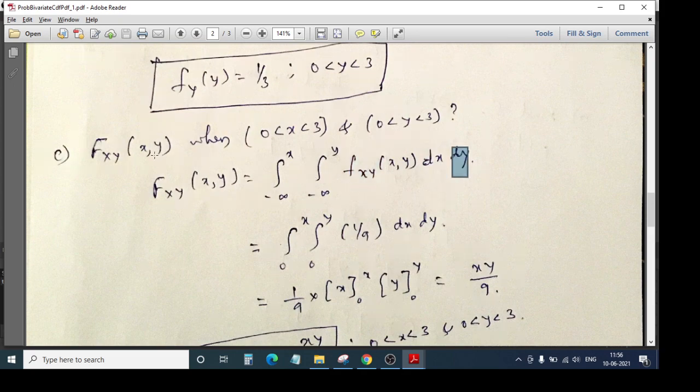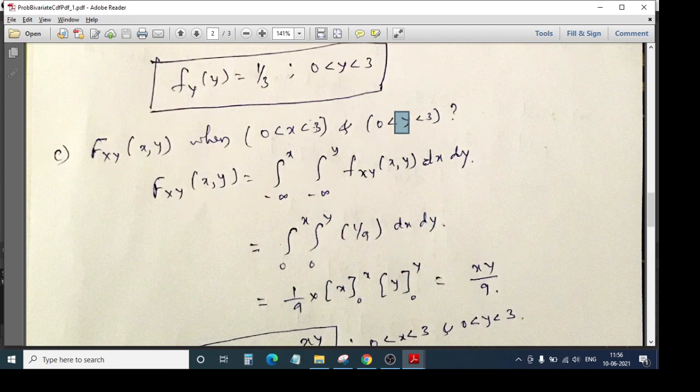So friends, we want to find the CDF in this range, that is x comma y, in between 0 to 3. So we actually don't know where in between this 0 to 3 my CDF point is. Therefore, the limits, please observe here, the lower limit is 0. Why? Because it is starting from 0, and the upper limit we have taken as x, not 3. Why? Because we are not sure where that point is. So whenever they ask such a problem, the upper limit will be the variable itself. Like in this case it is 0 to x, and here it is 0 to y. Why? Because this x and y could be anywhere from 0 to 3.